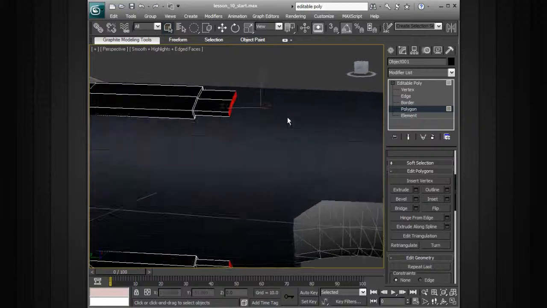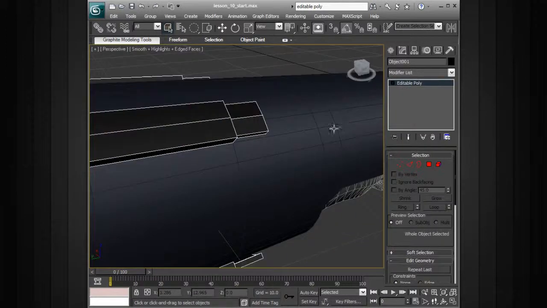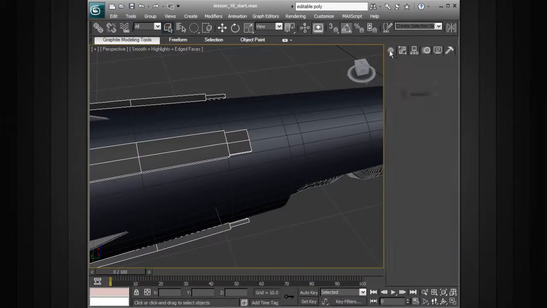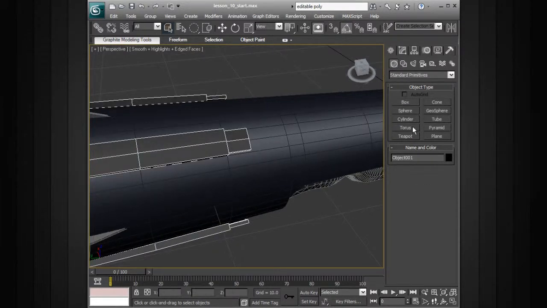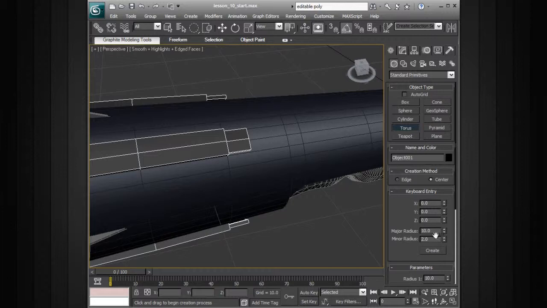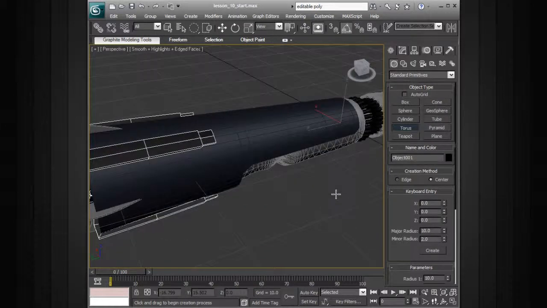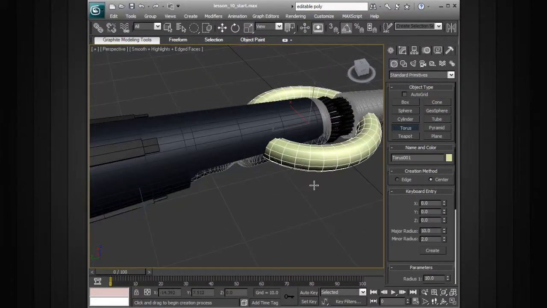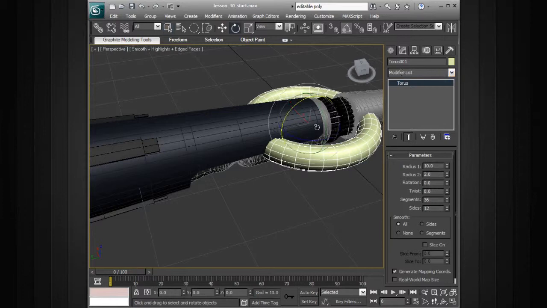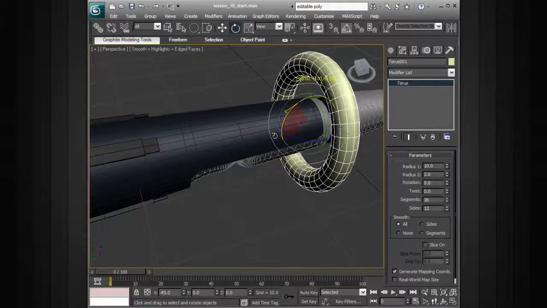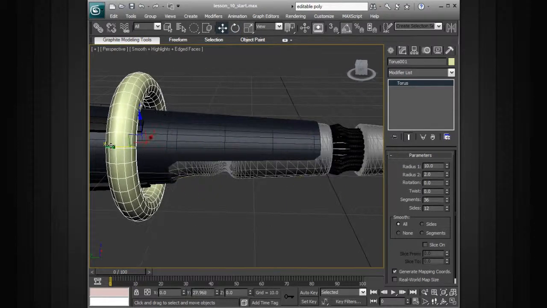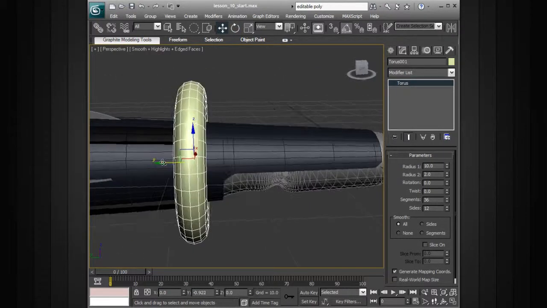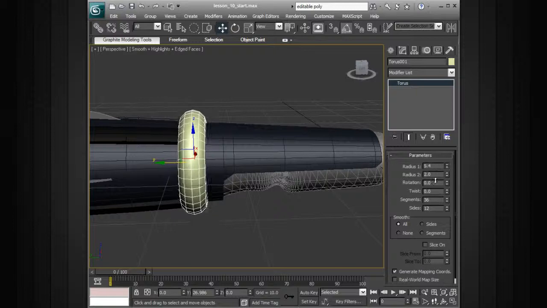So once we've got that, I now want to add kind of a tube back here coming around, and so we can do that using a primitive, and let's just use a torus. We'll go to our keyboard entry, and the major radius I'm going to set at 10, the minor at 2, and we'll go to create. Now we can rotate this and snap it to 90 degrees. Let's move it into position, roughly into position here, and now we can change our radius to get the exact look that we want. I want it to be a little bit smaller,